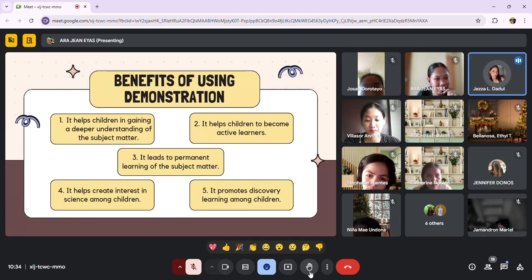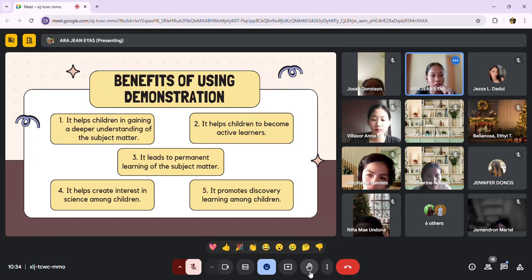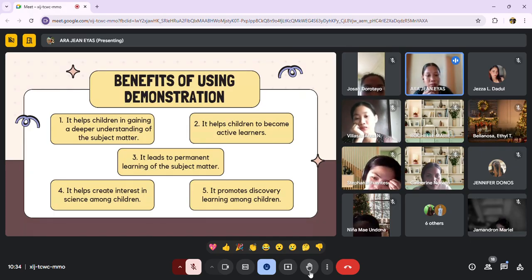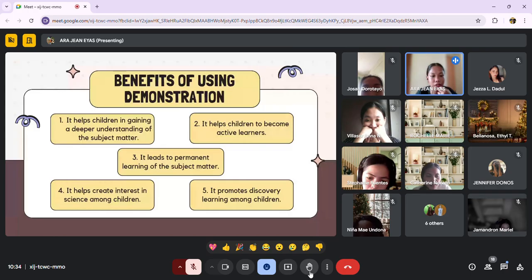It helps children to become active learners. Okay, thank you for that. So active learning involves students taking hands-on learning. So when we demonstrate, that requires hands-on learning. This could involve activities like discussions or the way they present the demonstration, and we can also include problem solving tasks, and this fosters engagement between the students and the teacher, motivation, and a sense of responsibility for one's learning process.